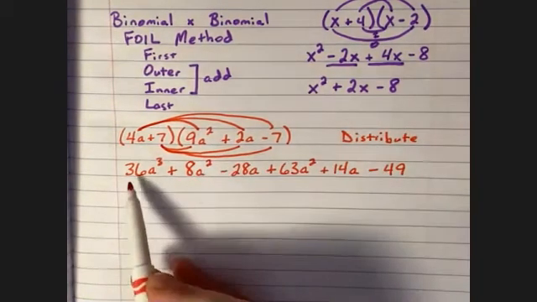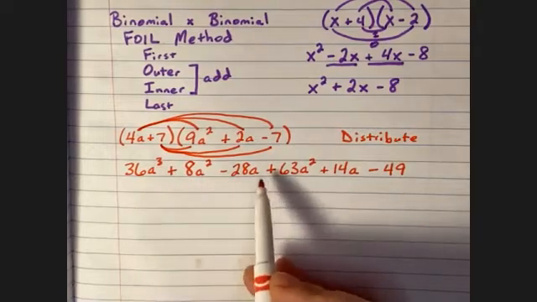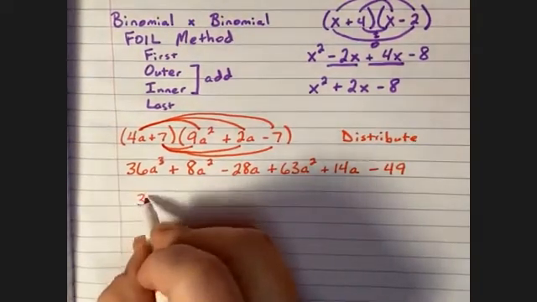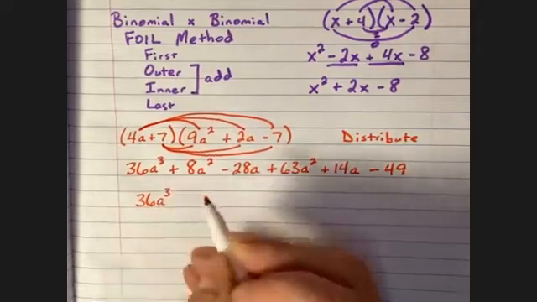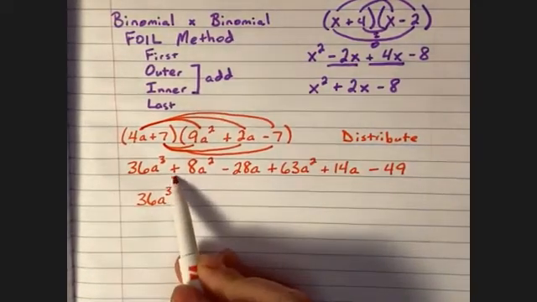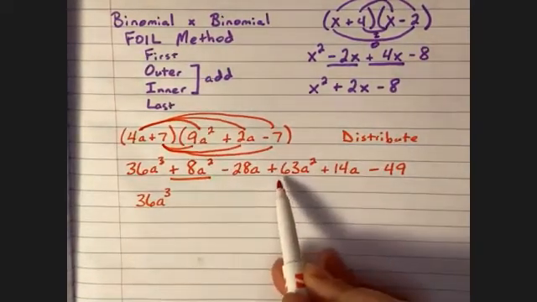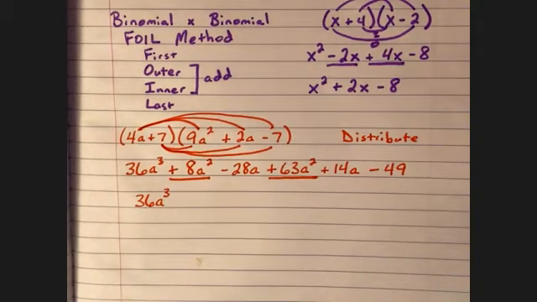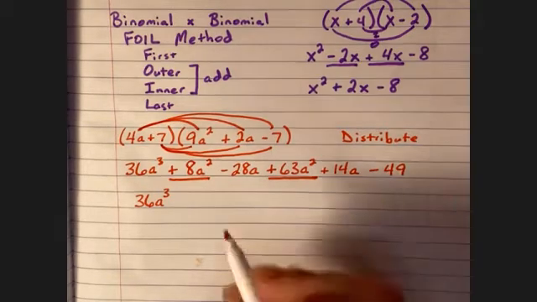So this one's an a cubed, and if I look, there aren't any other a cubes. So that's just going to stay 36a cubed. Now this is plus 8a squared plus 63a squared. So those are both like terms. So now I'm just going to add the numbers that are in front because I'm just combining them. So I end up with